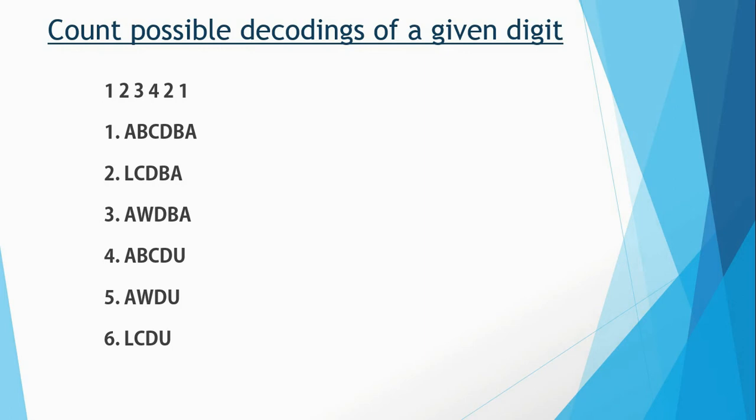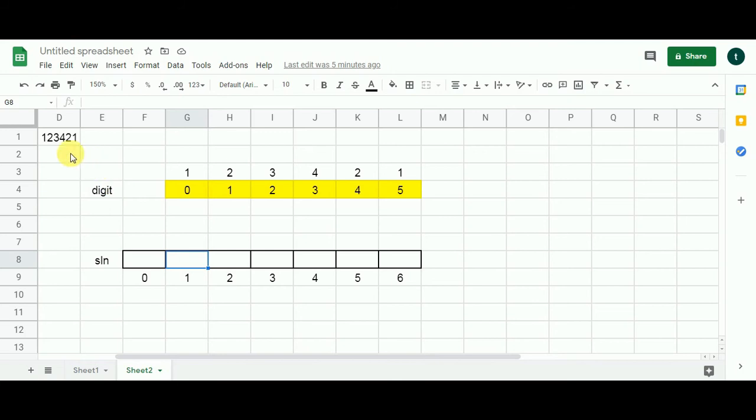Let's switch to the framework now. Alright, so here is our digit sequence. I have spread out the digit sequence into individual cells, and now they are represented by indexes so that you understand this solution better. This is our solution array. I have created this array of size n plus 1. Our n is 5, so there are 6 cells in our solution array. I'm going to populate the 0th cell with 1. Why I am doing it, you are going to understand in a while.